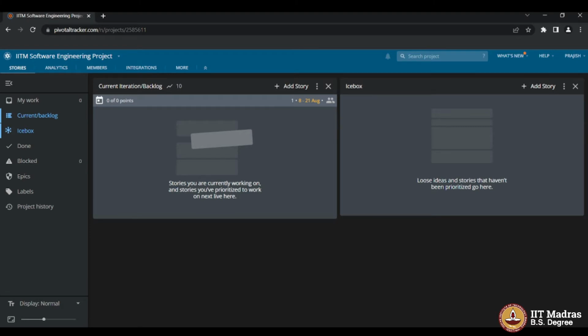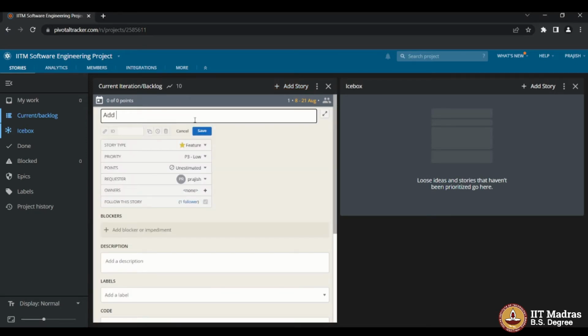So let's now try adding some user stories. So let's take the example of the Amazon seller portal itself. And if you recall, we had several user stories. So let's say I add one story in which I add a catalog item, right? And the story type, there are several story types, but right now we are just focusing on features or new features which we want to add. Priority, let's say it's of a high priority and you can assign points to it. So let's say I assign 2 points to it, which tells me that it's a medium sized user story. It's not too difficult. It's not too easy,